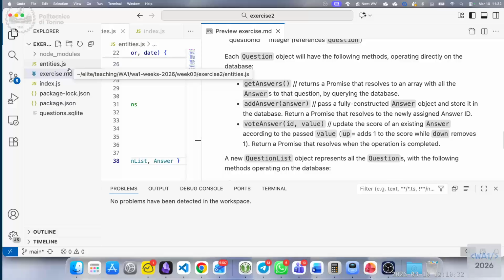Once installed, it's very easy to use because you just have to create a file with the extension .http, tests.http, and write the command that you want, GET slash, for example. And you see that this text, send request, just appeared because this REST extension is monitoring the HTTP files. And if I click on send request,